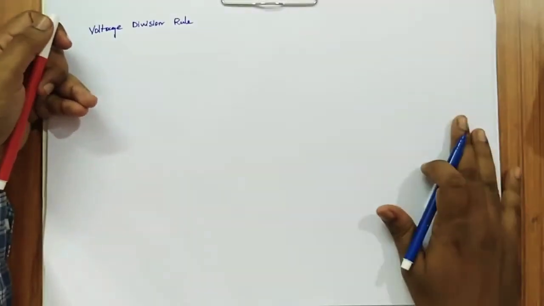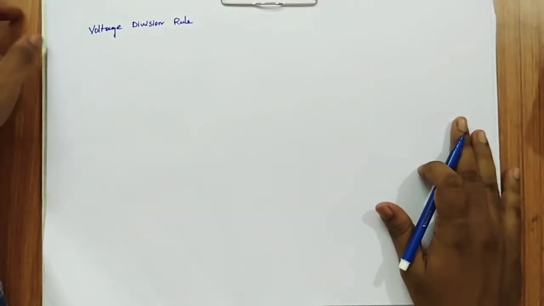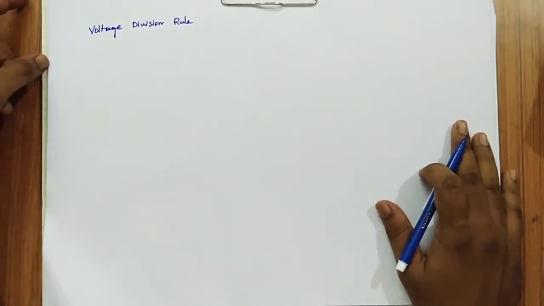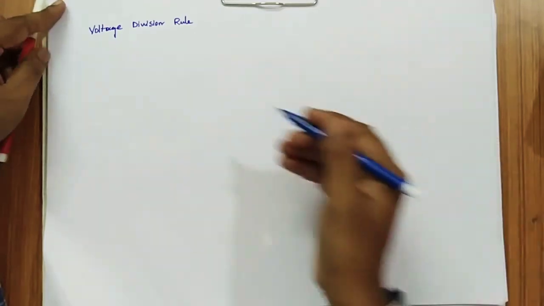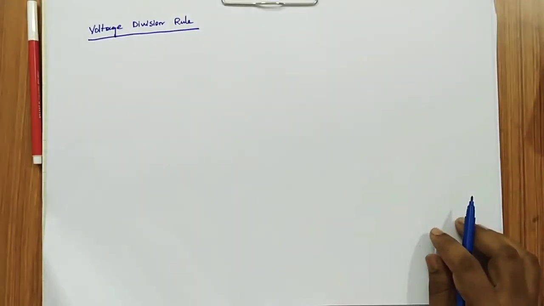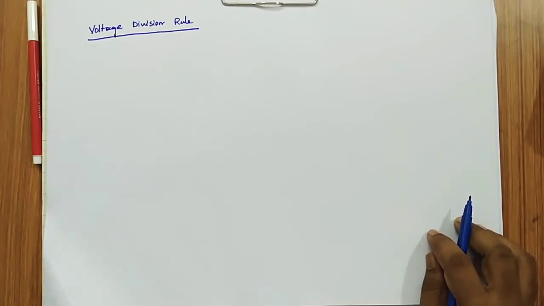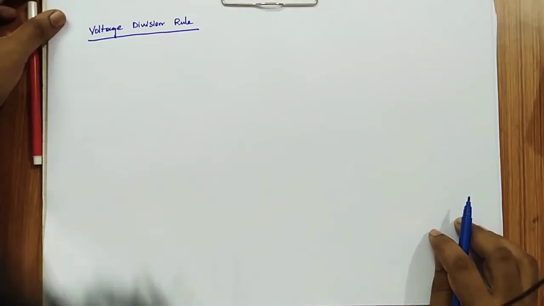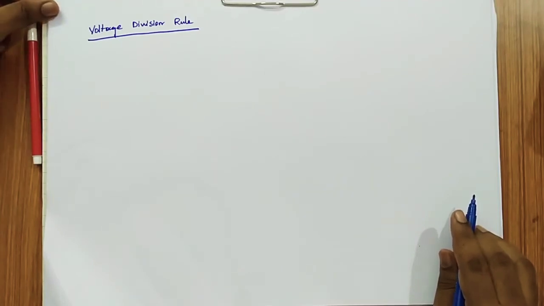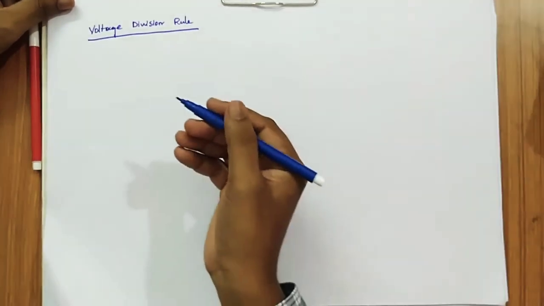If you want to solve a problem, you need to know the basics. So some main basics are what we call the voltage division rule. When we use the voltage division rule, the usage is a main important thing we'll discuss now. In this class we'll discuss the voltage division rule and the current division rule, which are very basic important rules you need to know while solving a circuit.